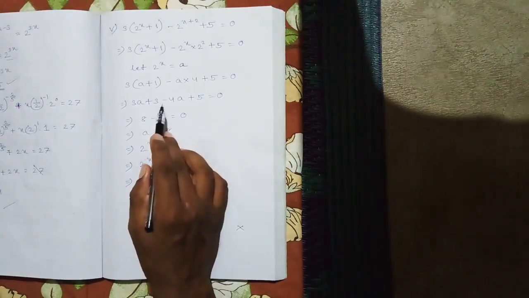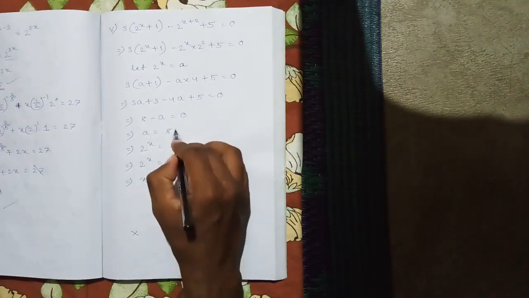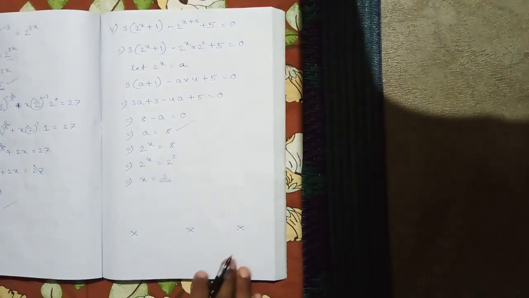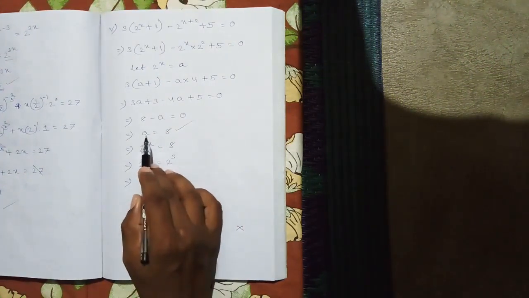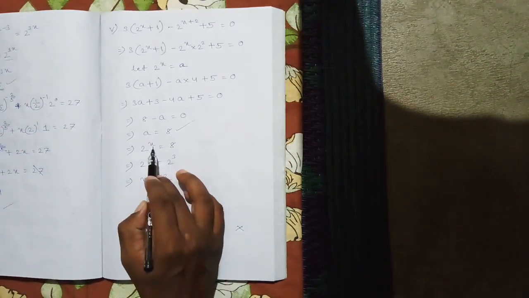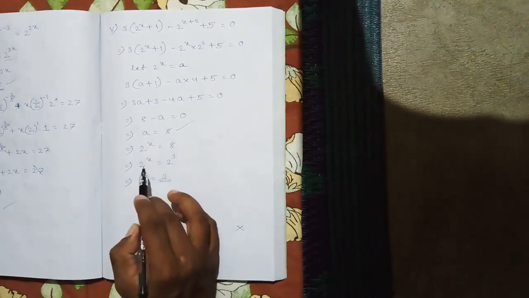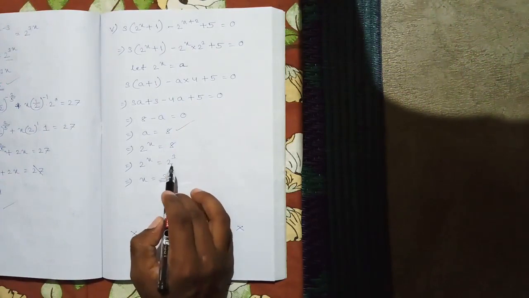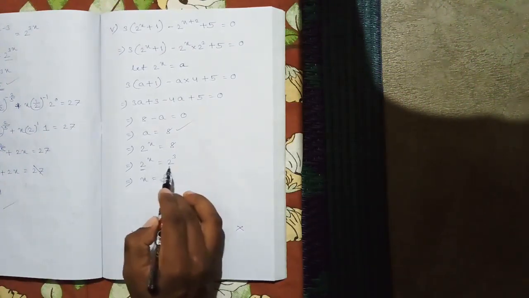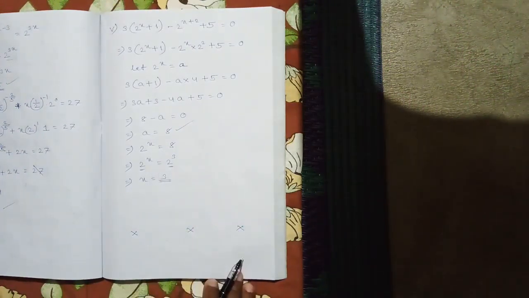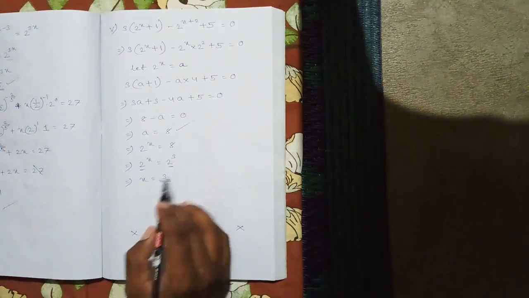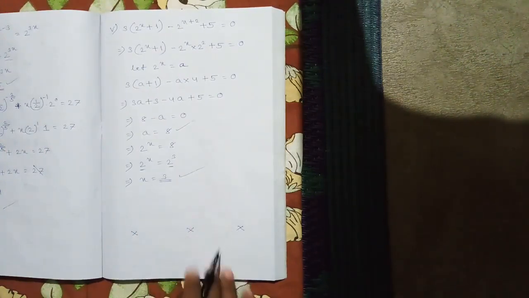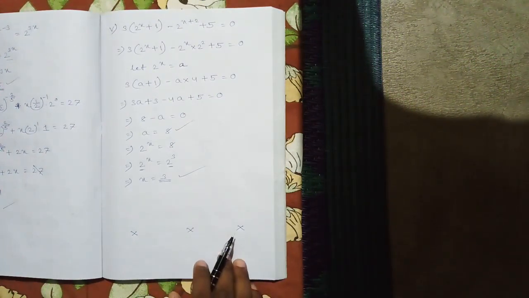This is a linear equation in variable a. On solving you will get a is equal to 8. But this is not our solution, we have to go back to x. What was a? 2 power x. So in place of a we can put 2 power x, which is equal to 8. So 2 power x is equal to 8 can be written as 2 power 3. Now base is same, so powers can be equated. So equating the powers we get x is equal to 3. So this is the value of x. So this is the end of indices part 2.